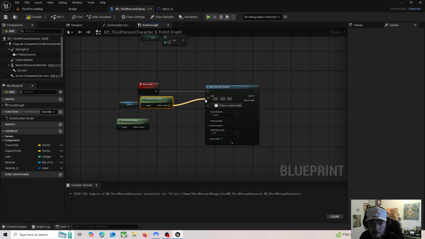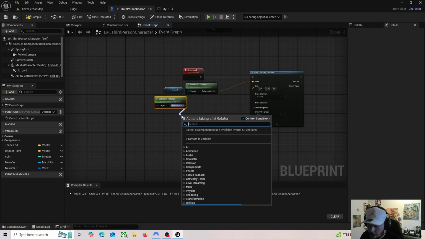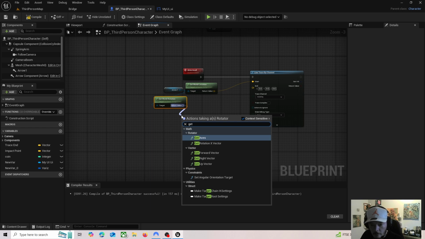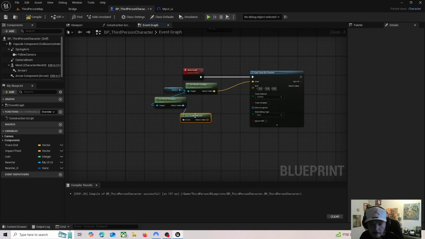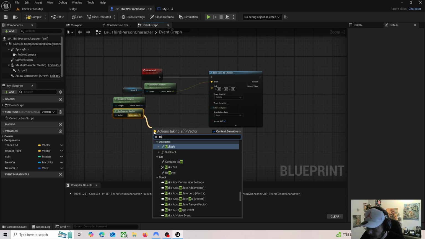The start is get world location. Get world rotation. Get forward vector. Then out of forward vector, so this is just to follow along really, and I'm just kind of riffing with this, to be honest. This wasn't part of the tutorial plan. So get world rotation, get forward vector, then multiply,